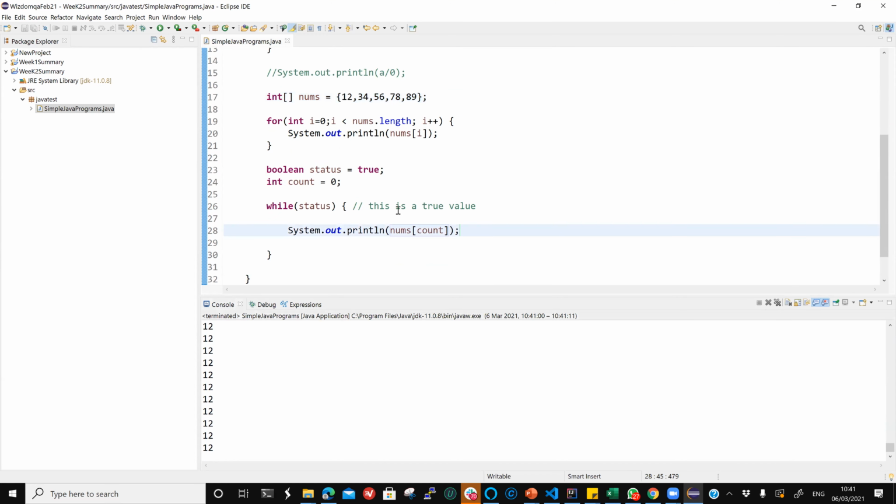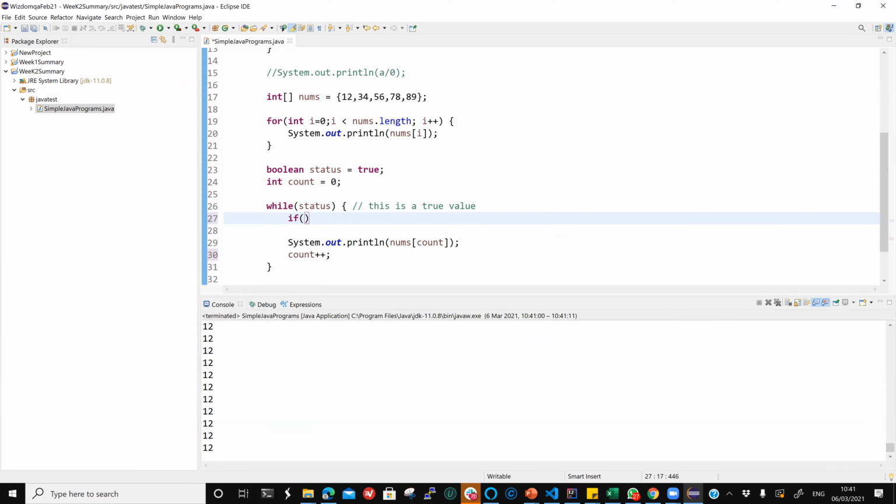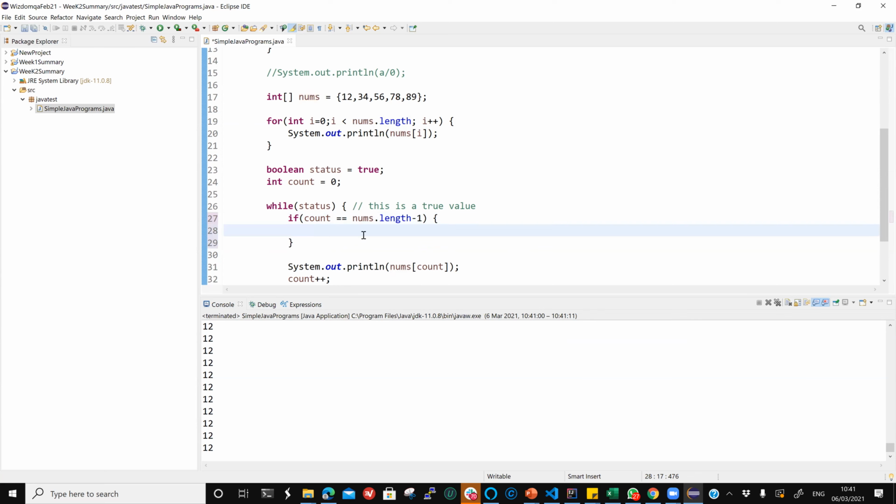I can kill the loop by, again, adding a condition saying I have to somehow increment the value of count. So it's count plus plus. That's number one. Second thing I want to do is say if the count is less than nums.length, or rather equals nums.length minus 1. If count is nums.length minus 1, then I want to just say status